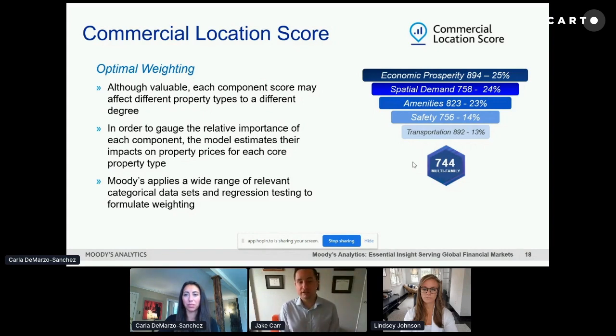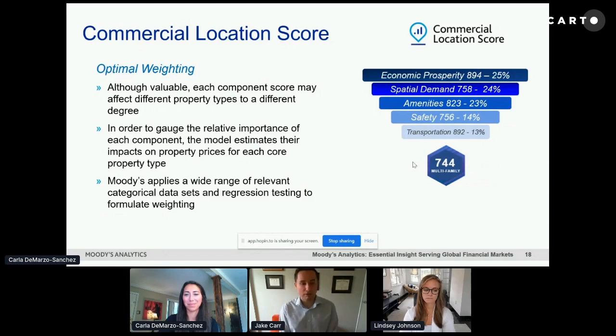Once we've scored out each and every commercial property in the US across the 6 components, the 6 dimensions that you see here, arriving at that overall or aggregate commercial location score is as simple as taking a weighted average of those components using the weights as defined by our calibration regressions. And the result, as you see here on the right side of this slide, is a final objective direct measurement of location quality respective of a specific property segment, in this case multifamily, that can then be used to compare to any other properties within the same market segment anywhere in the country.